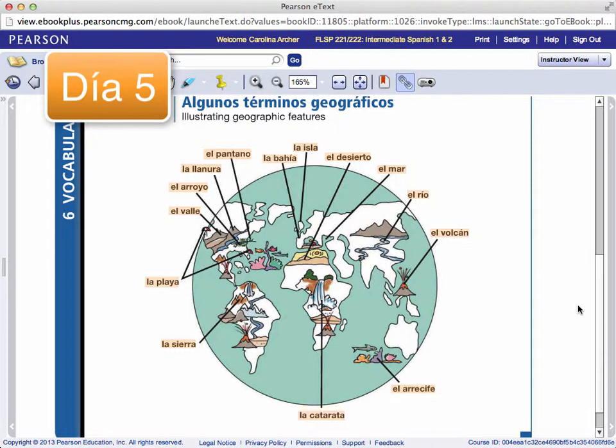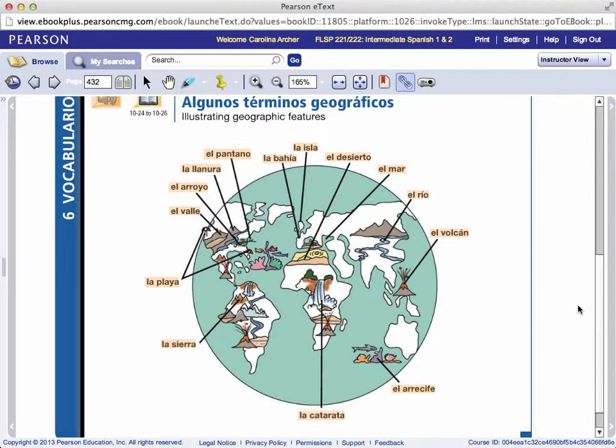Muy bien, entonces hemos llegado al día 5 del capítulo 10. Vamos a ver algunos términos geográficos. Talking about geographic features. ¿Sí? Bien. Tenemos entonces por aquí arriba, vamos a comenzar con la bahía, the bay, la isla, the island, el pantano,